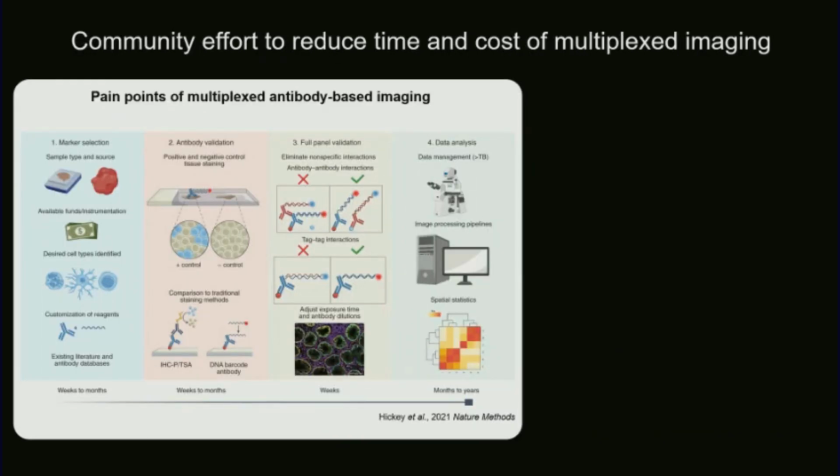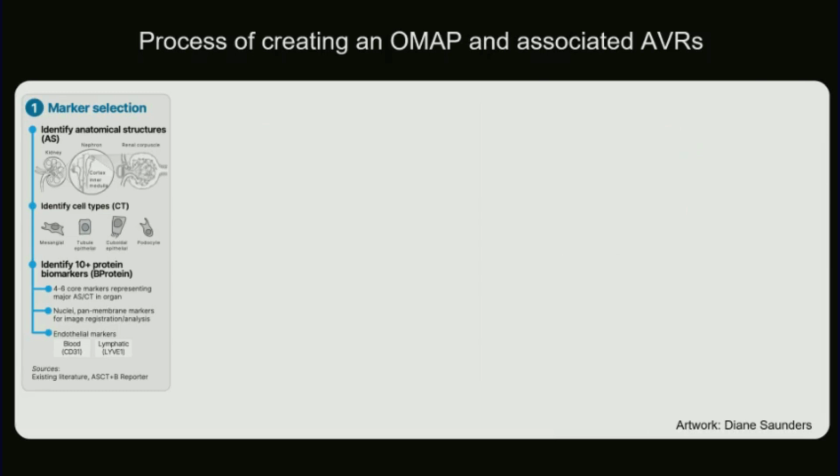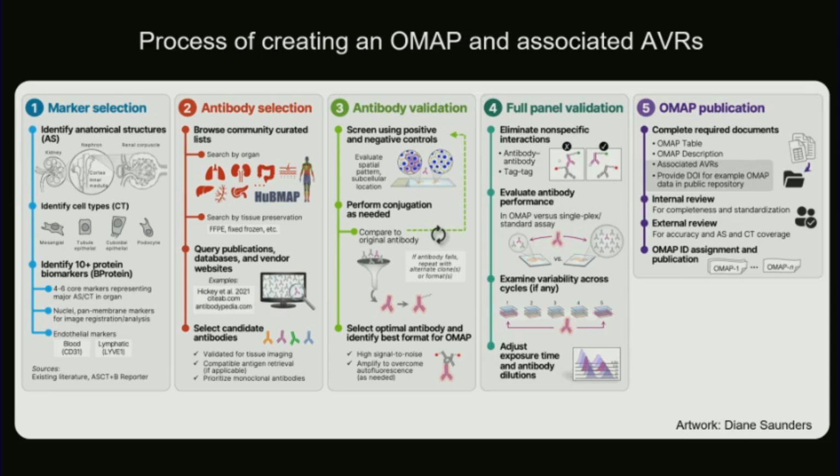And just to jump quickly, you can trust me, if it's hard to validate one antibody, it's even more difficult to validate a series of antibodies that have to work. And so here, I'll just animate quickly, because this is published and I can link you to the paper, we ask people to, okay, this organ mapping antibody panel, these OMAPs, are collections of antibodies that map anatomical structures and cell types and tissues. You have the whole process of